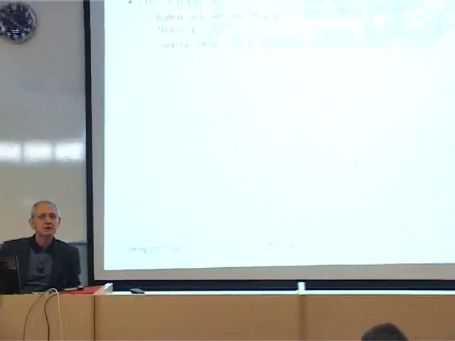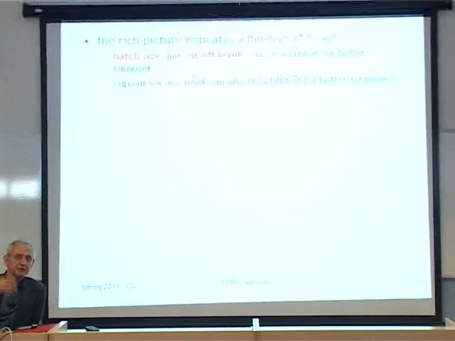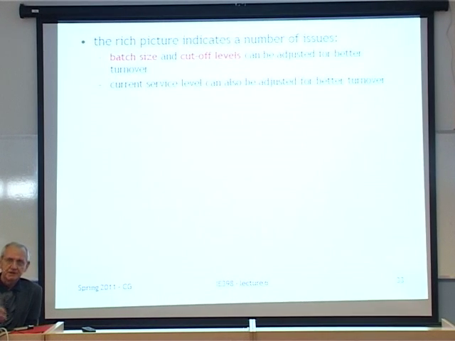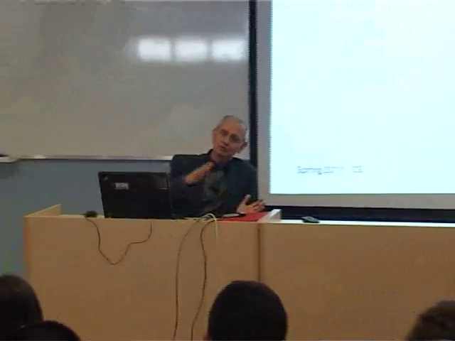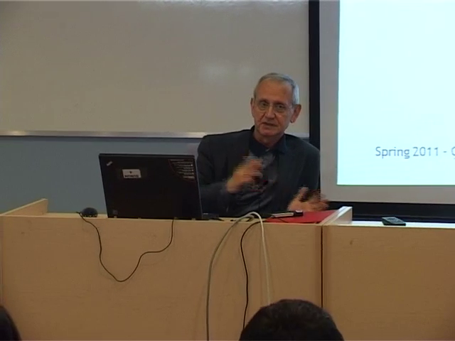Now, adjusting these can improve turnover. That's the idea. The current service level can also be adjusted for better turnover. Current service level means delivery is to be made in, let's say, 2 weeks or something like that, or 2 days, whatever. This is about the service quality. For example, you can bargain with the customers and maybe prolong the delivery lead time, etc. But this is not really allowed, as we shall see.